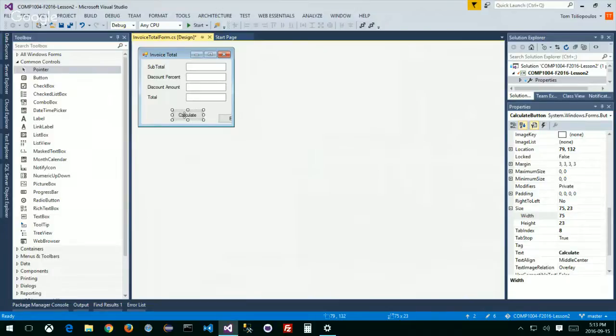Now here's the other question. How do I draw my objects on the screen? Are they drawn from the middle? From the bottom? Where are they drawn? All objects in most computer programs, unless otherwise told that they're different, have their anchor point at the top left corner. I know that's crazy, but that's how we do it. So if I want to align to the middle, or put this calculate button exactly in the middle, and I want to get the coordinates,